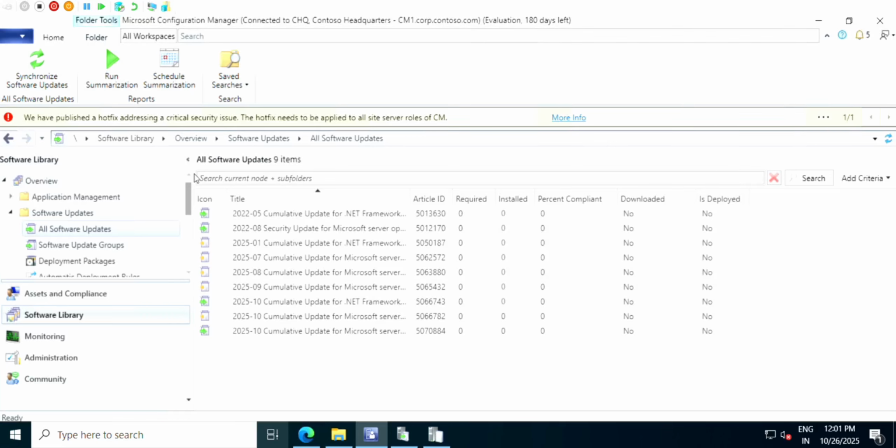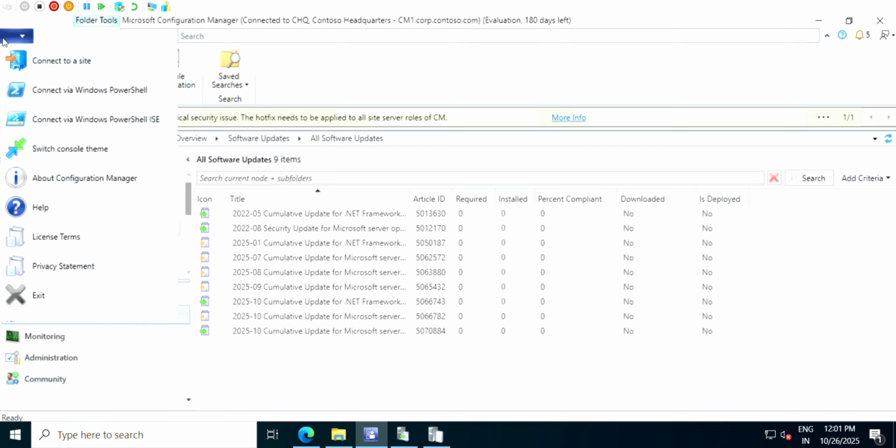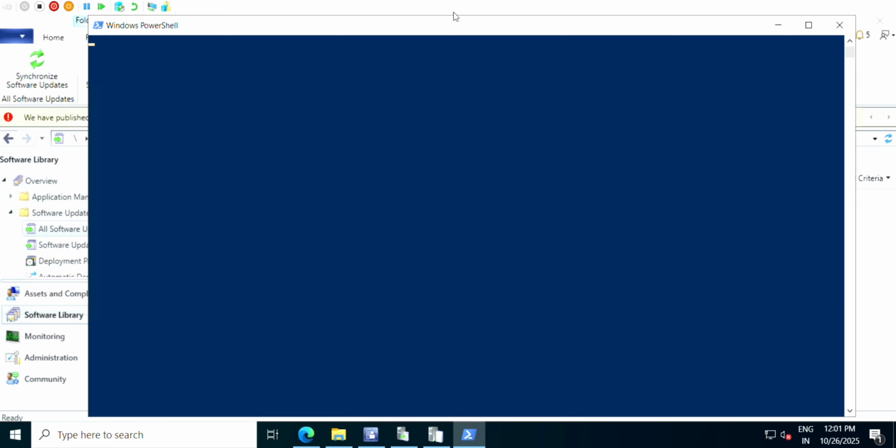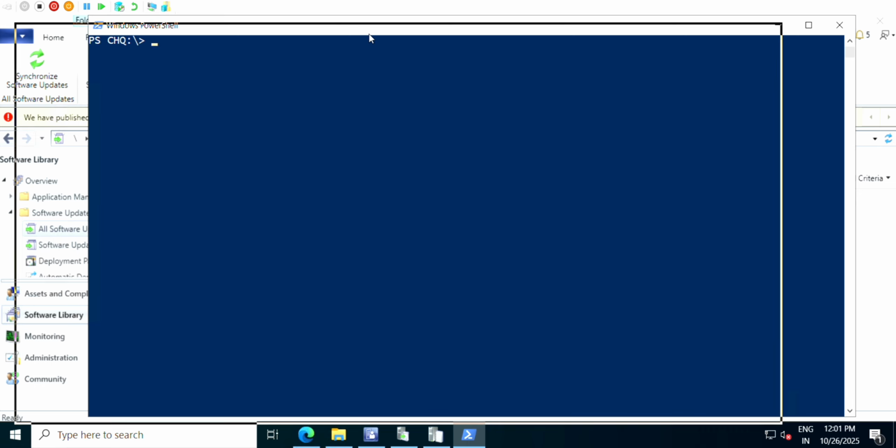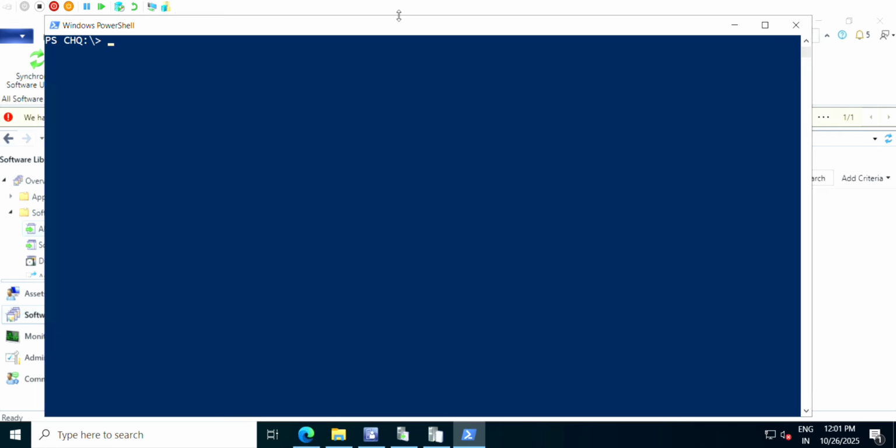Let me quickly show you how you can run a full sync. So you need to go to the top left-hand side corner blue icon, and you need to select connect to or connect via Windows PowerShell. And once you are in the console, simply type the command which I'm typing, sync